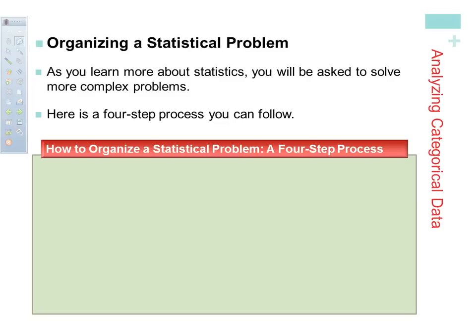This book outlines what it calls the 4-step process. And I think it's pretty good in terms of how you want to approach these statistics problems and to make sure that you get all of the information in each problem that you need. And so they'll show this icon, and I'll pull one up and show one to you in just a second. But anytime you see this 4-step icon, then the intention of that problem is for you to go through these 4 steps. And so the first step